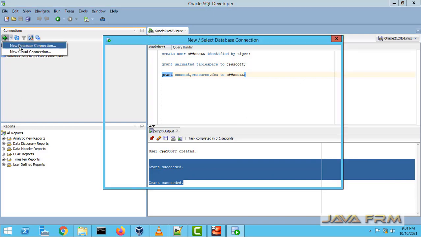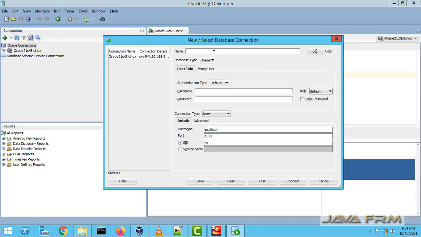Now the second step is we are going to connect as the C##scott user from SQL Developer. So I am creating one new connection. The username should be C##scott. The C## prefix is mandatory here for a common user.